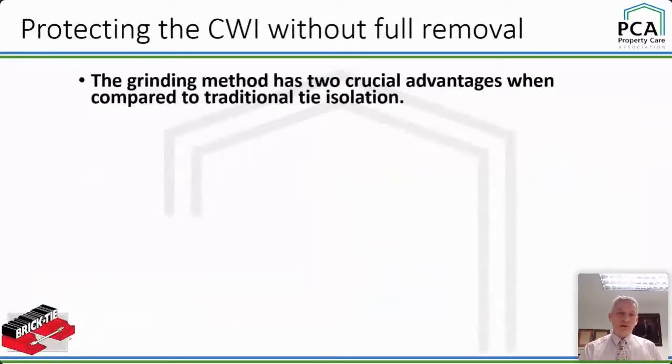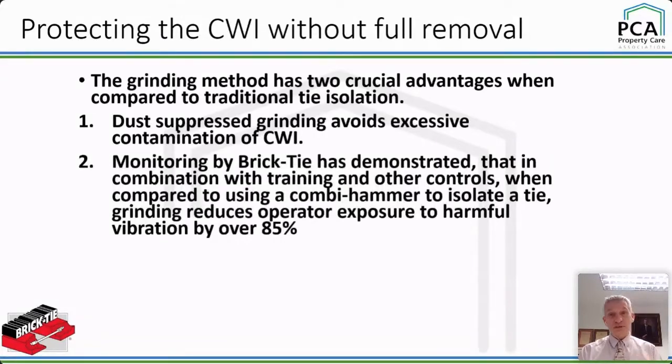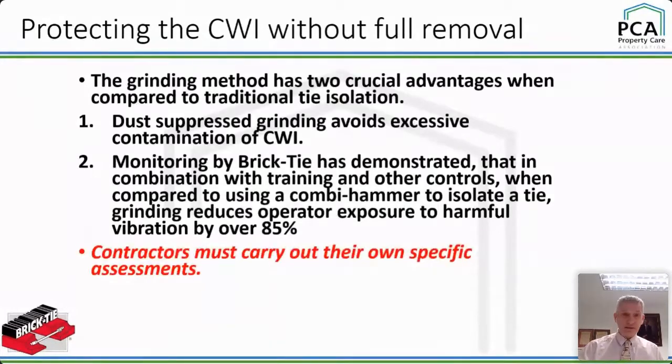I commend that. Grinding the ties out instead of chiseling them out with a chisel is what you need to do. It will protect the insulation from being contaminated, and it massively reduces vibration exposure for your technicians by 85% on our data. All right, 85% less if you use that method rather than chiseling away. You'll still have to chisel sometimes if there's fall pipes in the way and there's ties in little reveals you can't get to with a big special grinding machine, then you need to chisel them out. To be fair, we have got data, just to give you an example, I think it's 169 now.